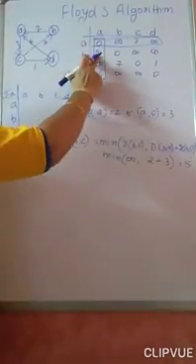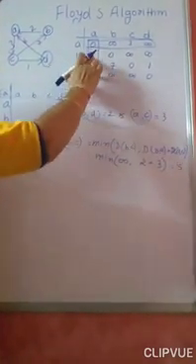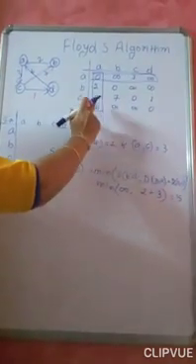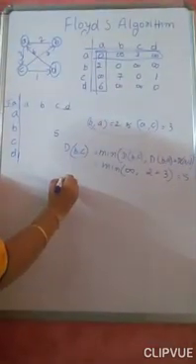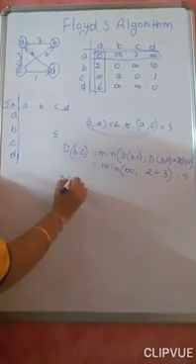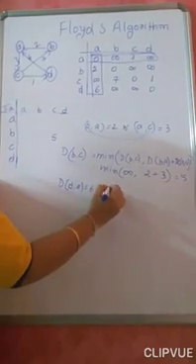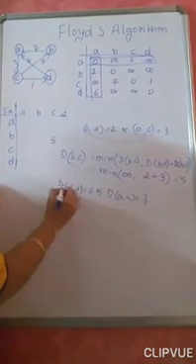So what I have done? I have taken this, repeated with this. Okay. Now what will I do? Are you having any more values in the row? No. Now go to the column. One more value is there in the column. Now repeat this with this. What is this one? It is the distance of D to A is equal to 6 and distance of A to C is equal to 3.